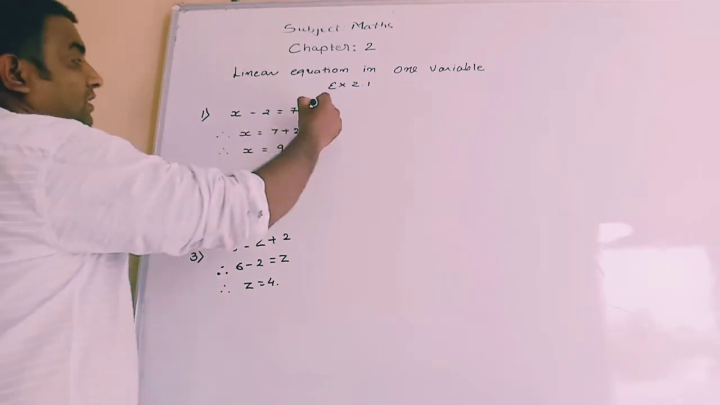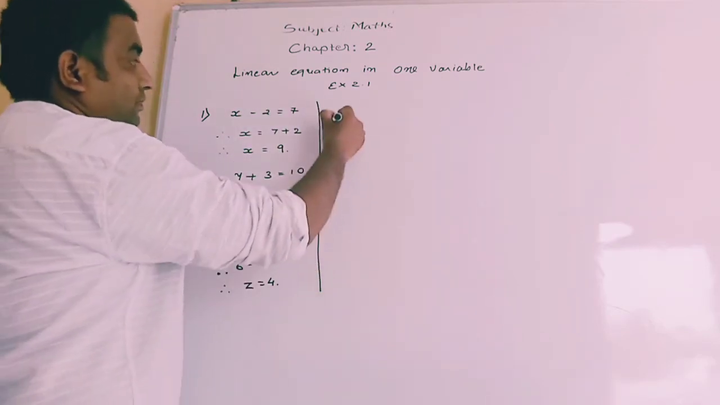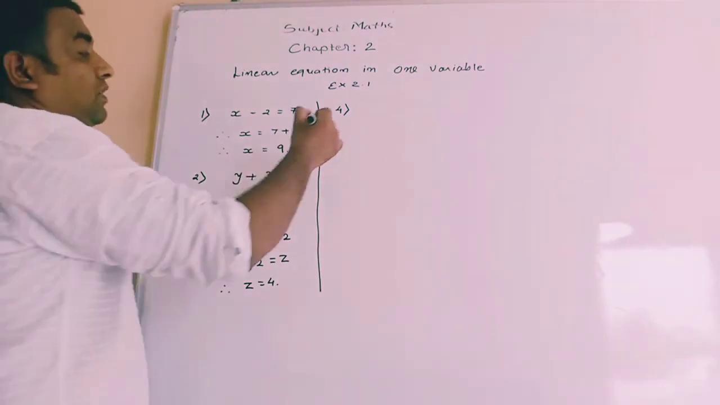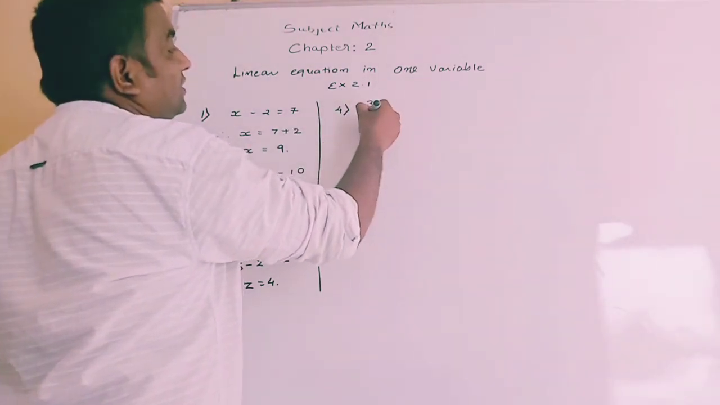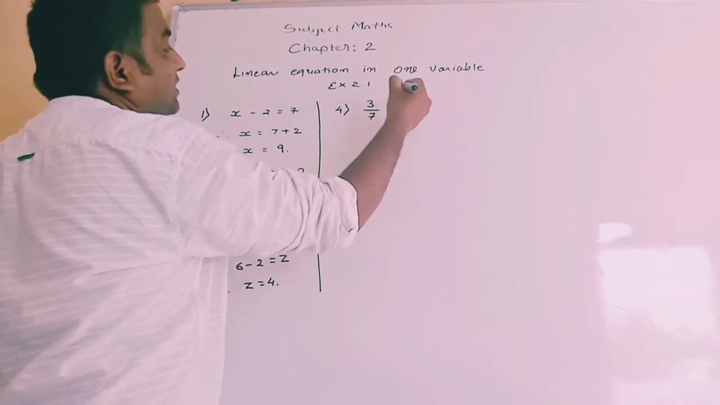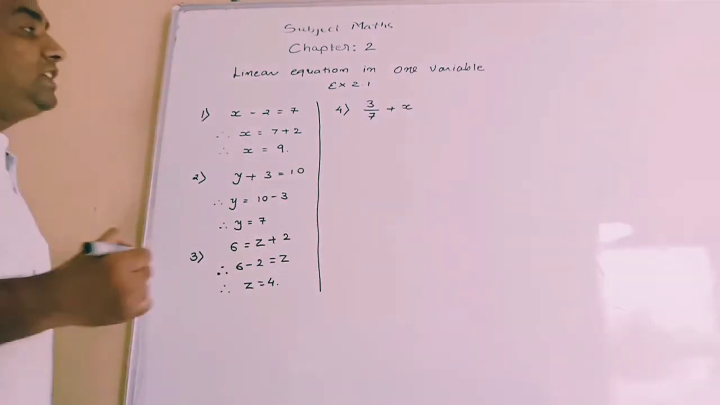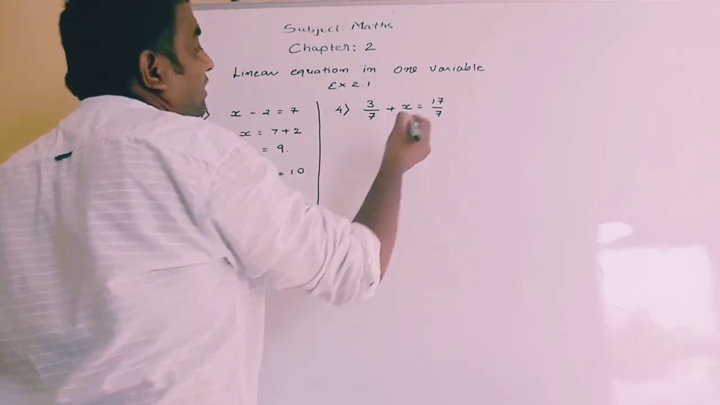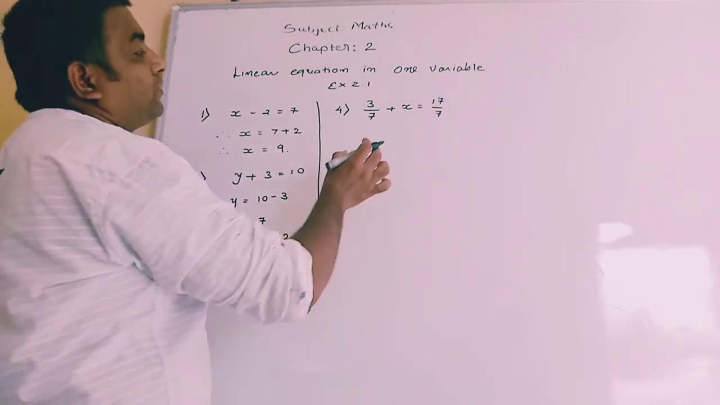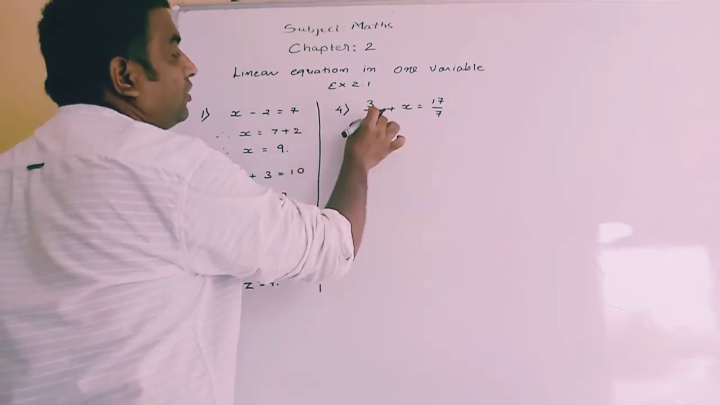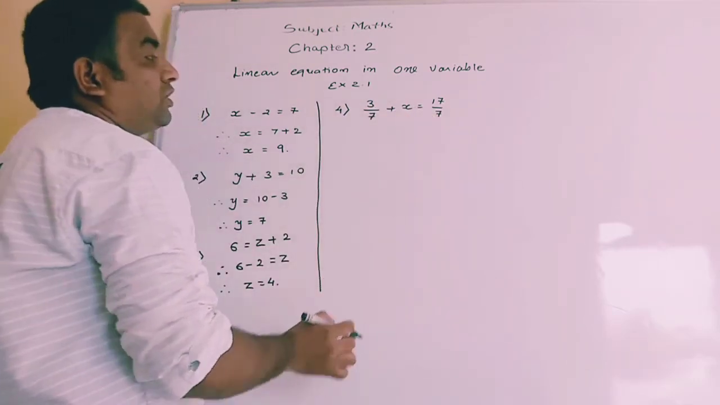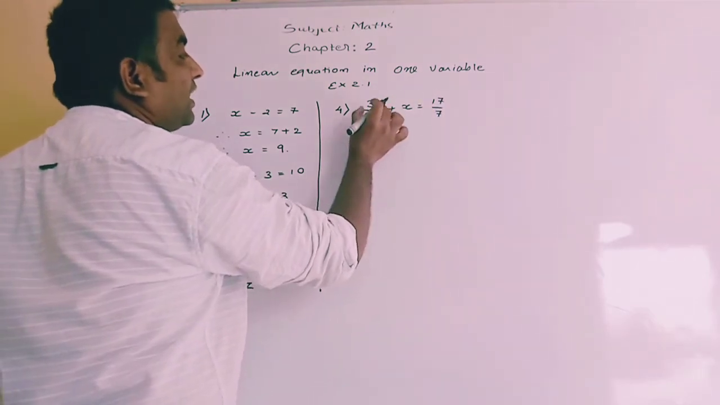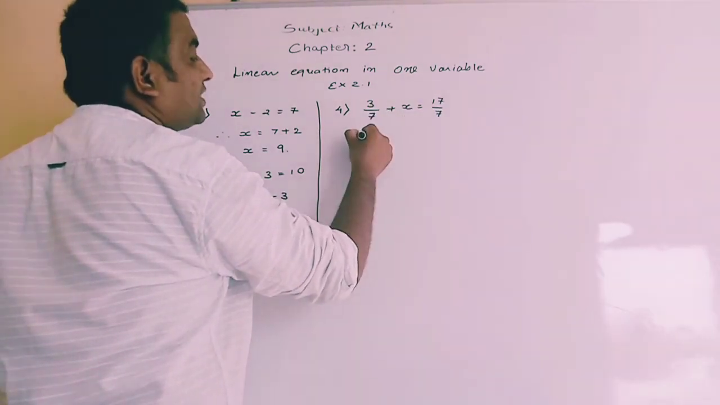The fourth one is there. 3 by 7 plus x is equal to 17 by 7. Now earlier I said to multiply with the LCM, but here both the denominators are same. So we will not multiply with the LCM, but directly we will transfer from the left hand side to the right hand side. So x is equal to